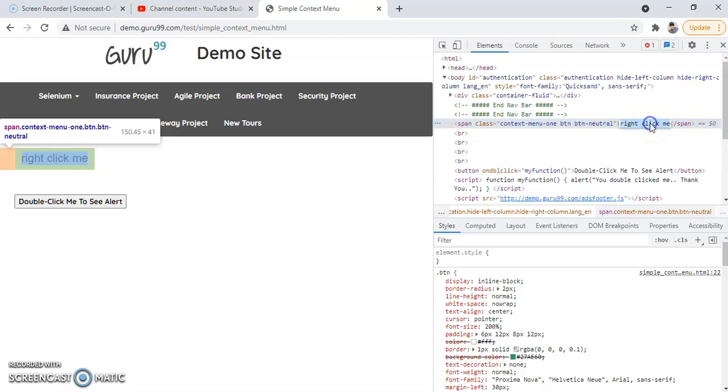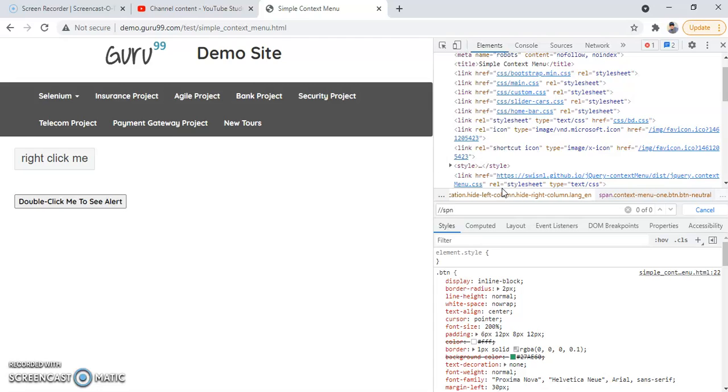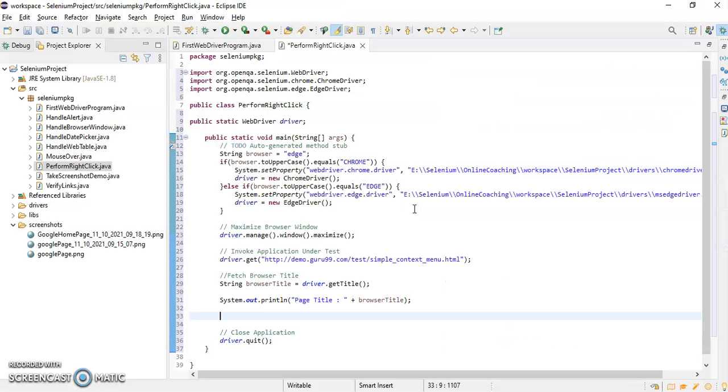So basically I can take the help of this text and its tag name is span. So we can write XPath like this, span, and its text value is right click me, right?